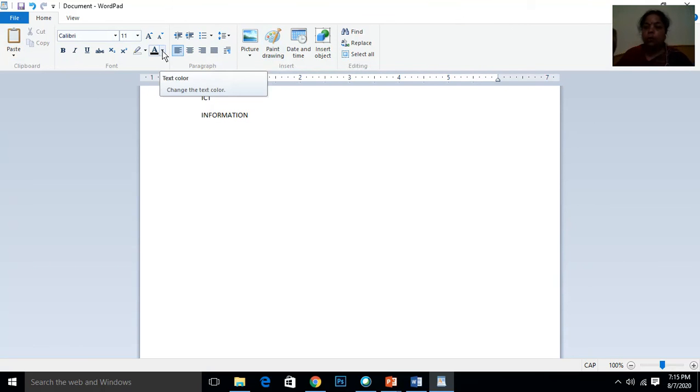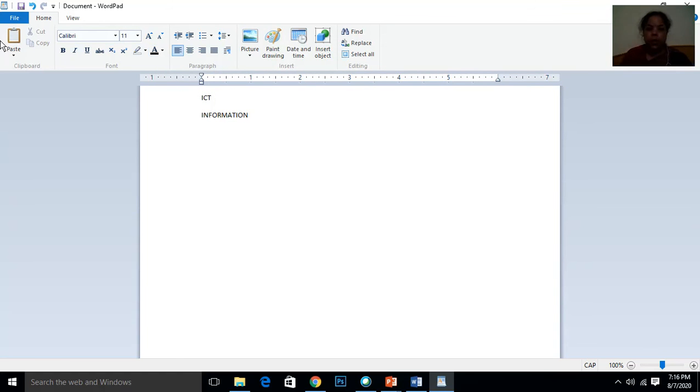The whole strip is called the ribbon, and in the ribbon we have a number of groups. It means we have the tabs, Home tab and View tab. Below the Home tab we have the ribbon, and in that ribbon we have the groups.